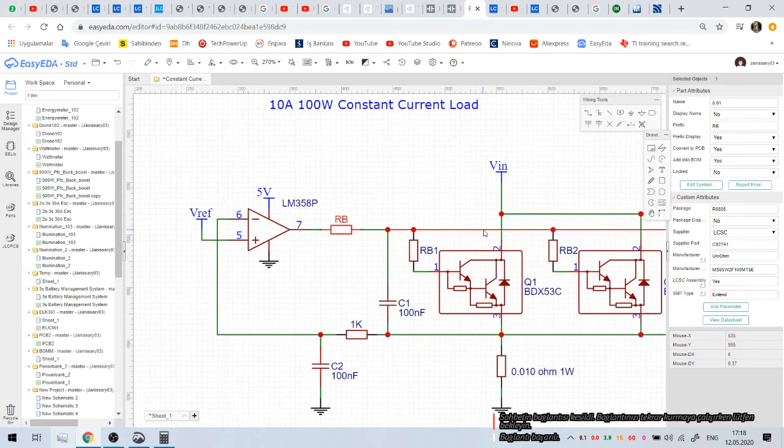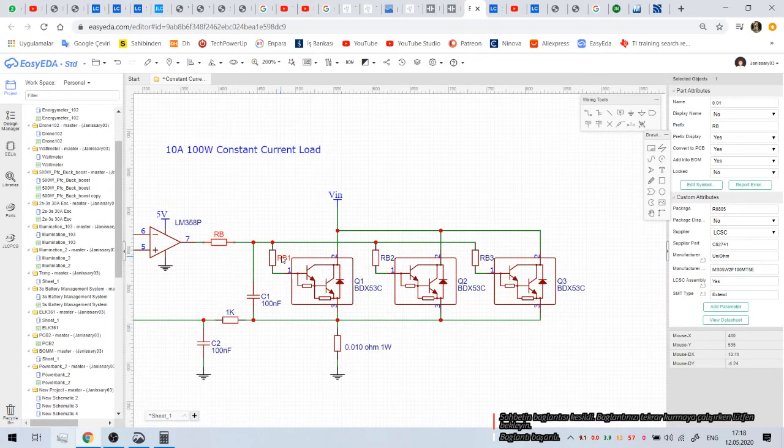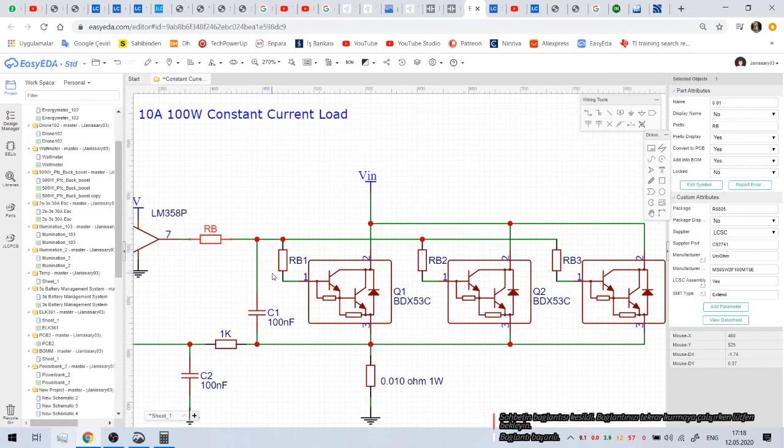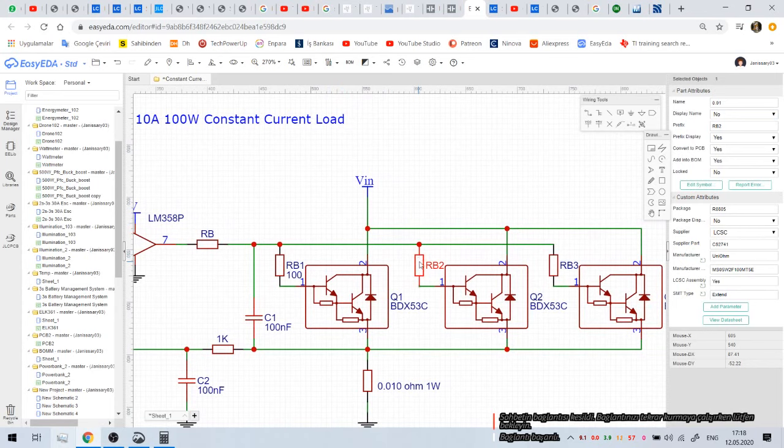Yes, I want to do this. Okay, I will only use small resistors for better base current sharing, not much higher than this. Maybe 100 ohm here. Okay, not important. 100 ohm, and say yes.